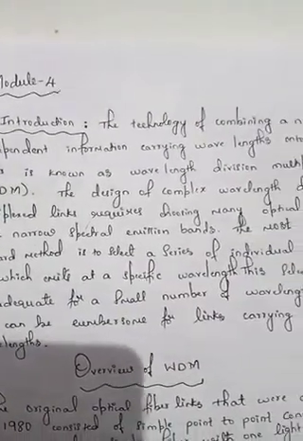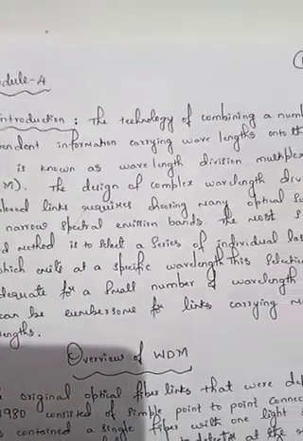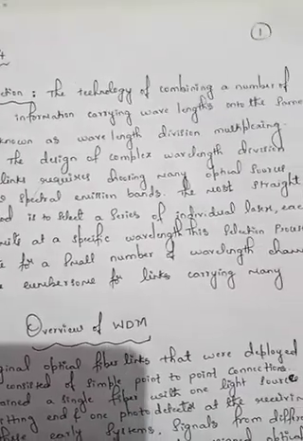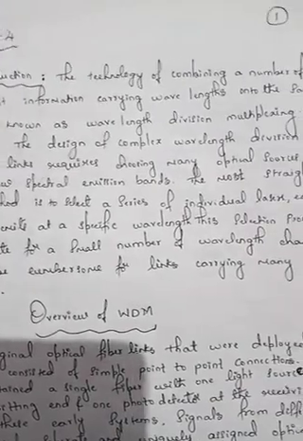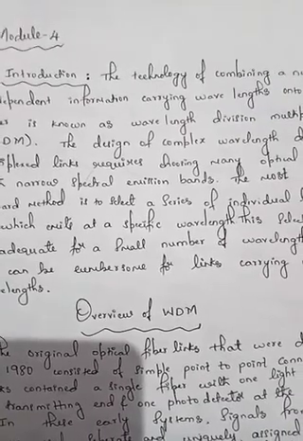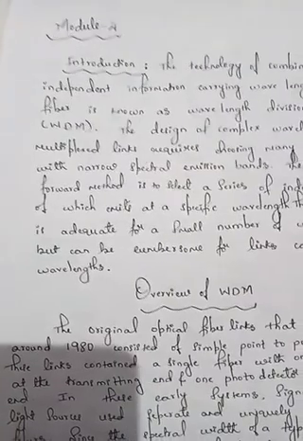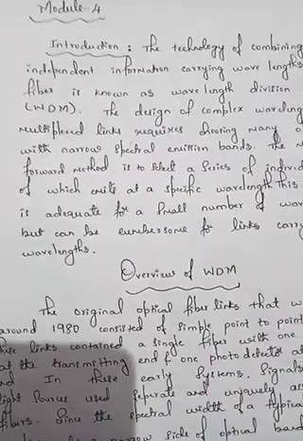The design of complex wavelength division multiplex links requires choosing many optical sources with narrow spectral emission bandwidth. The most straightforward method is to select a series of individual lasers, each of which emits a specific wavelength. This selection process is adequate for a small number of wavelength channels but can be cumbersome for links carrying many